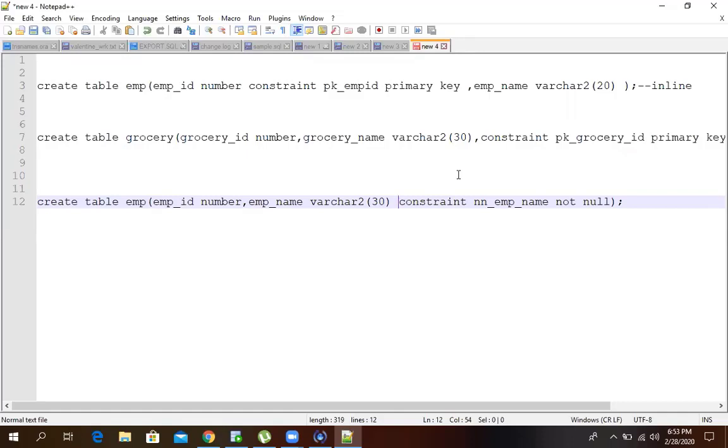So it's a little bit confusing, but as long as it didn't say any column name at the end, for me it's inline. So if I understand, if it's out of line, after the constraint it declares the column name. The column name. Okay.